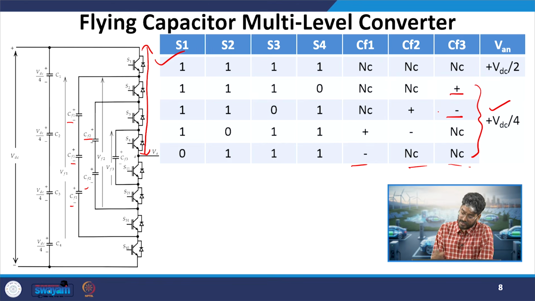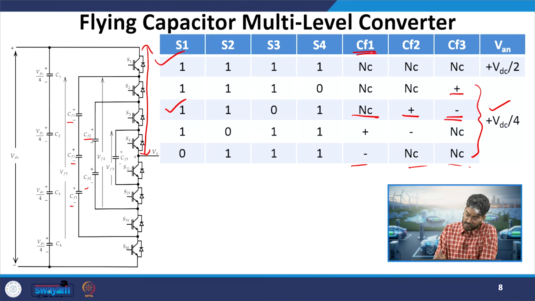When I mark it as negative, it is getting discharged. If I apply this particular combination, the second combination, my CF2 will be charging and CF3 will be discharging. They both will be coming in the path, and C stands for no change, that is, it is not in the conduction path, the current is flowing through the other capacitor,